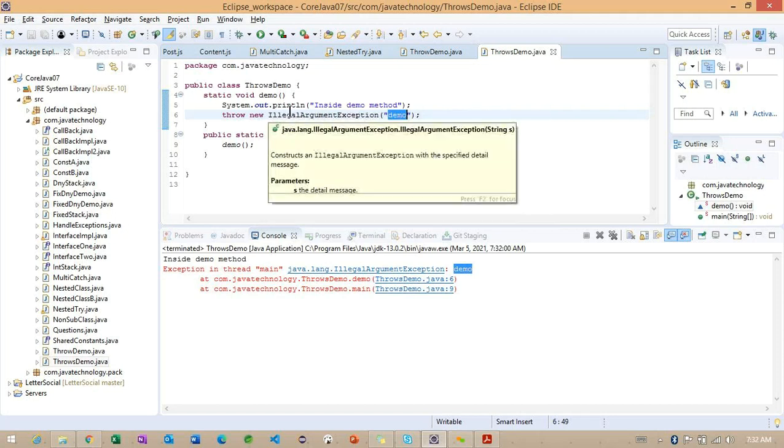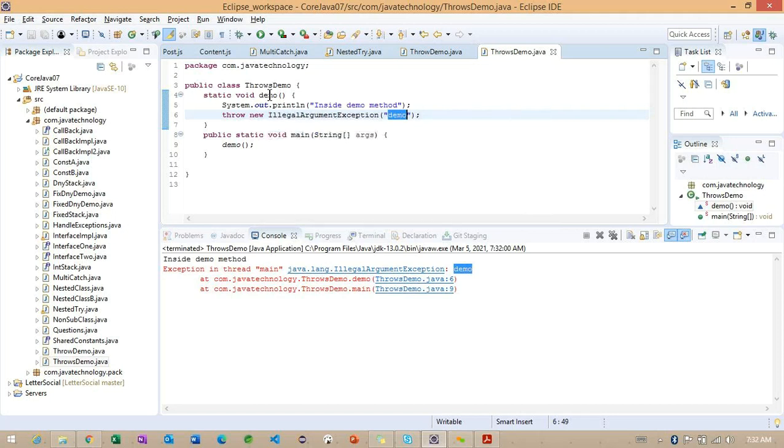Now inside the same method, inside this particular demo, I'm throwing an exception.